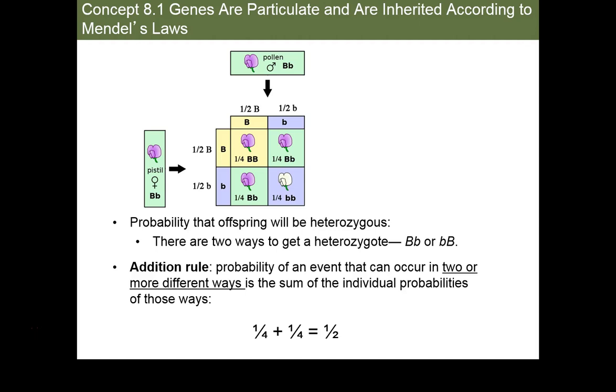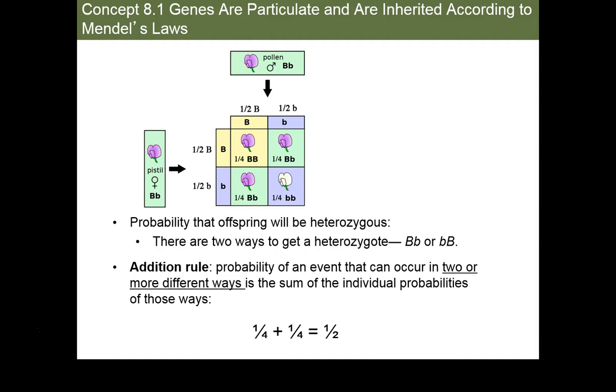To figure out the probability that offspring will be heterozygous, you need to use the addition rule. There are two different ways, big B, little b, or little b, big B, to be heterozygous. The addition rule is for the probability of an event that can occur two or more different ways. You add the individual probabilities of those ways, which is 1/4 plus 1/4 equals 1/2 of a